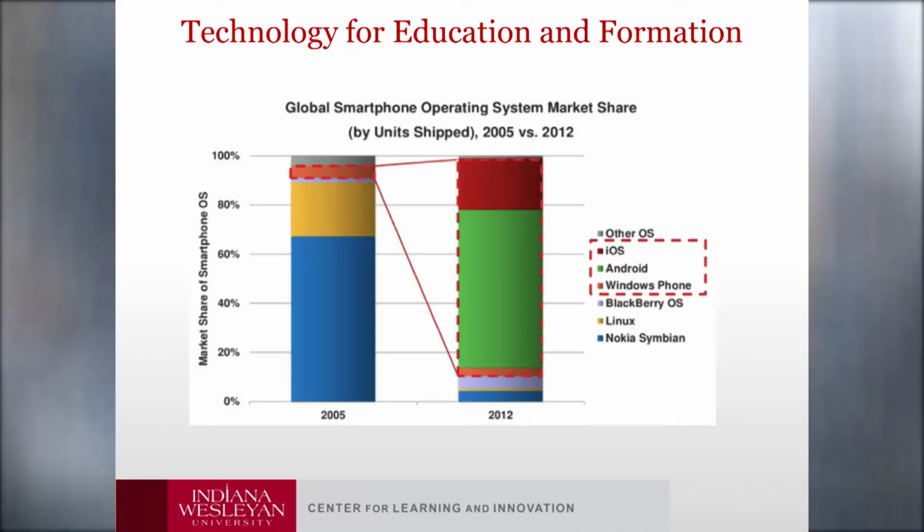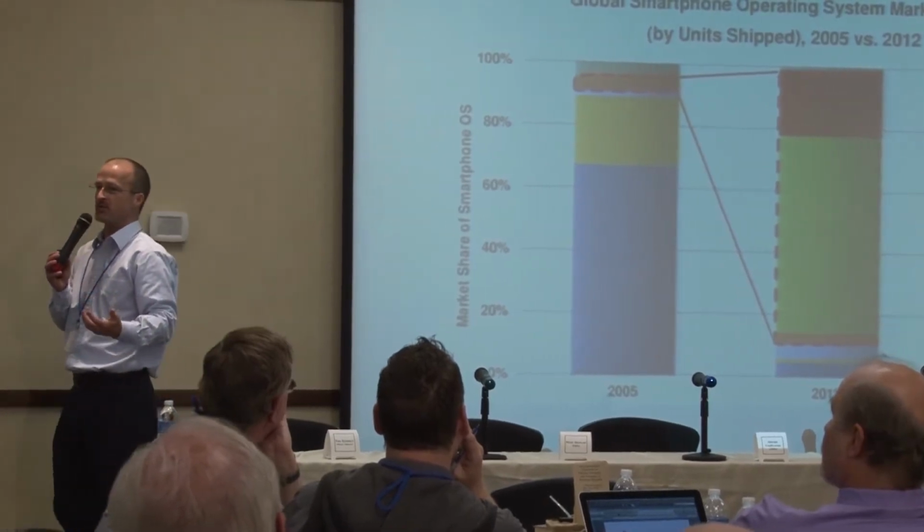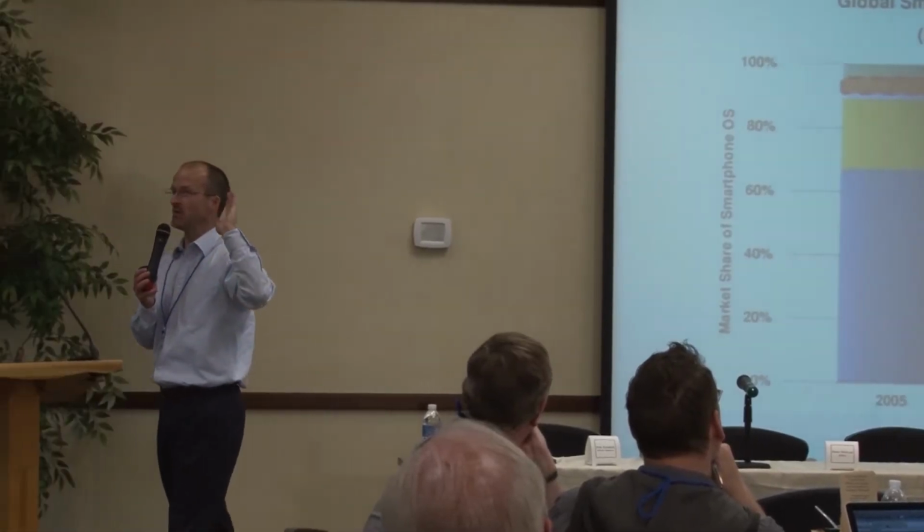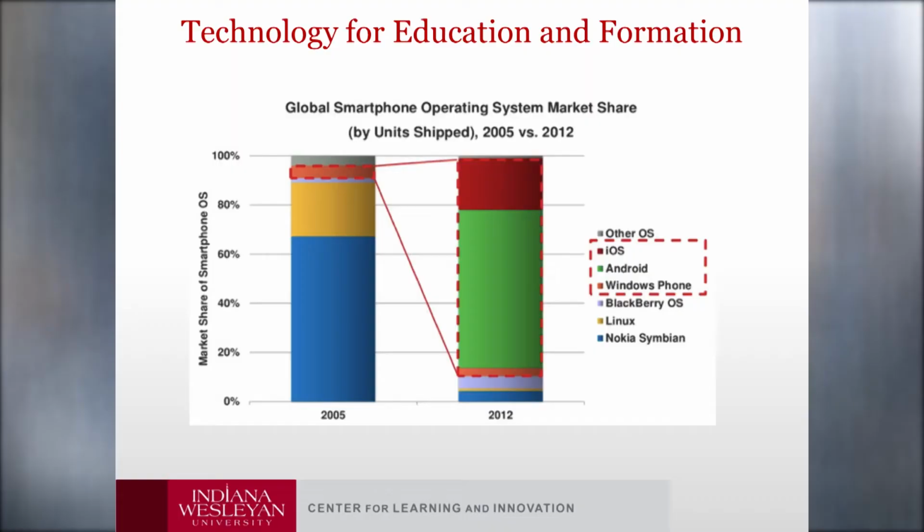Here's the other thing that really makes a difference. Notice this is 2005 to 2012. This is the operating systems, not the devices. So with Android, people think, well, so many people bought iPhones, it must be that everybody's using an iPhone. Not even close. In 2012, Android is the operating system in green, whereas the iOS for the iPhones is in red. The hardware and software side are moving unbelievably fast right now. We're going to try and deal with that as we go through the rest of the presentation, but that's a pretty good graphic of the speed of that change.